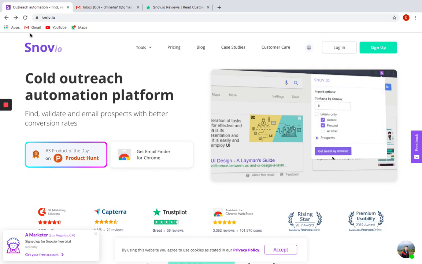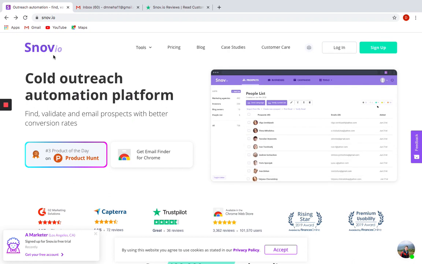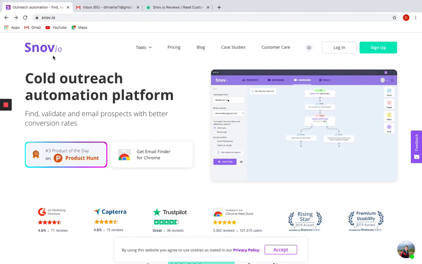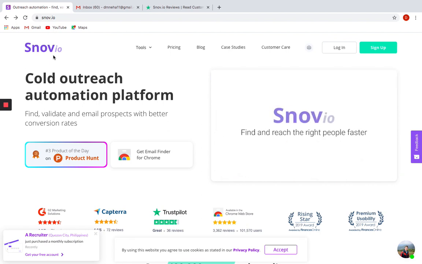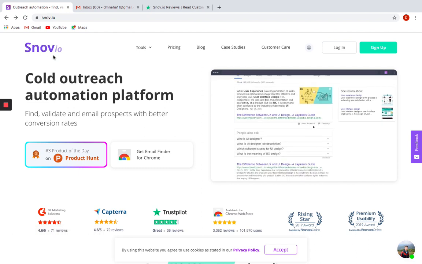In this video, I am going to tell you how you can create an account with Snowview and set up your account, how to find emails and verify those emails, and the most important thing, what you will get in its free plan. And if you are thinking about an email finder tool, then why you should go with Snowview and buy its premium plan. So watch this video till the end.